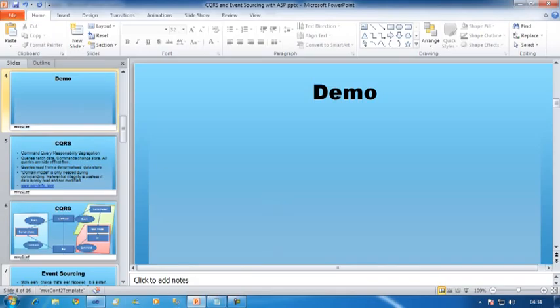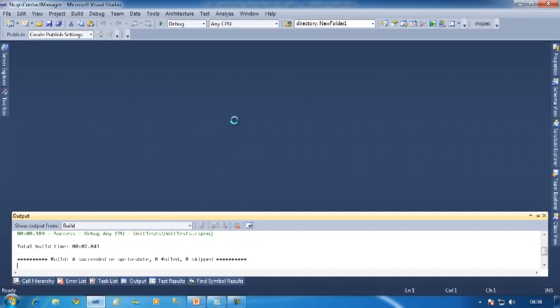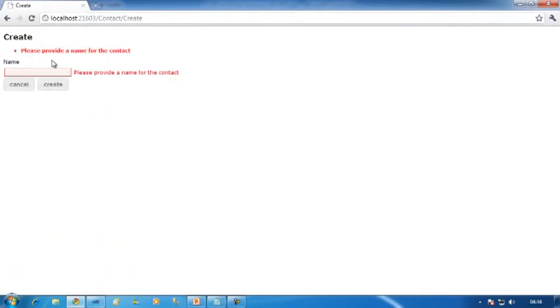Let's take a quick look at an ASP.NET MVC application that uses NCQRS. I'll quickly launch the application. It's a very simple contact manager that just manages names. It's got a create form, and if you try to create a contact without providing a name, it gives you validation errors. Let's create one called John,